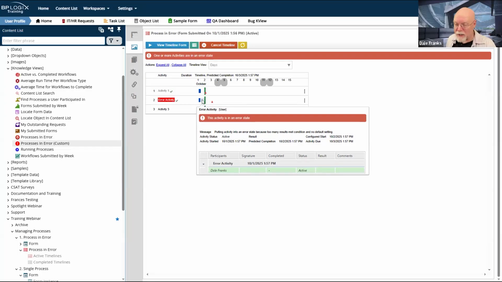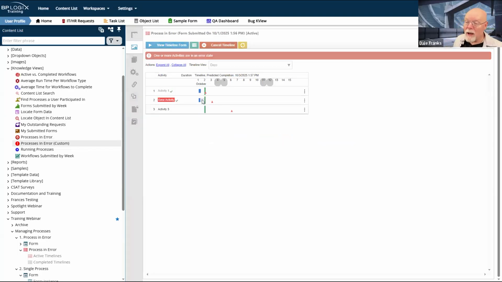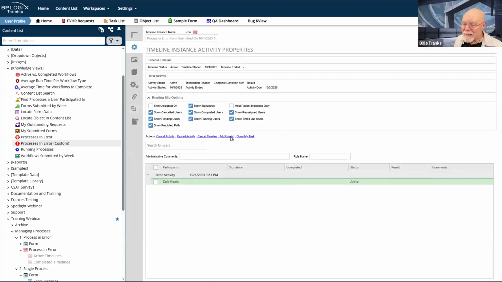Well, for me, it's easy because I intentionally created the error, so I know exactly how it was created. Please note, if I right-click and go to Properties, that error message doesn't show up here. We are going to fix that so that we can actually see the error message in case the tooltip is extended off the edge of the screen. That shouldn't happen anymore either, but it will now extend off the bottom of the screen.